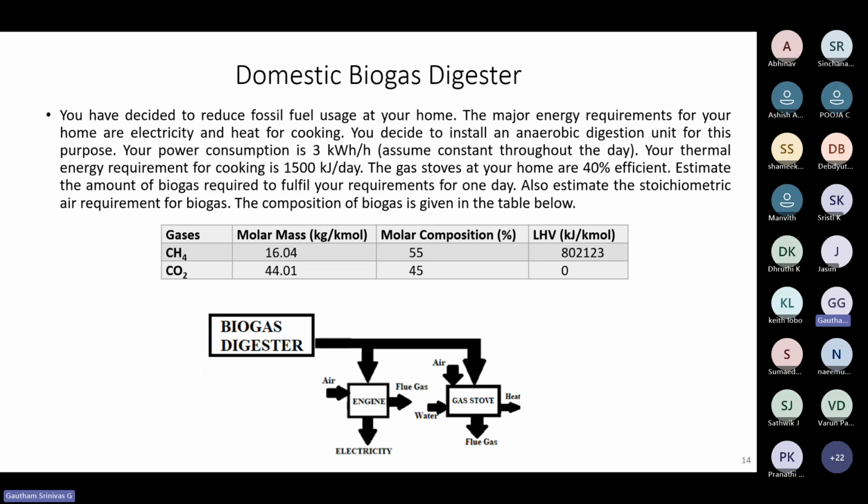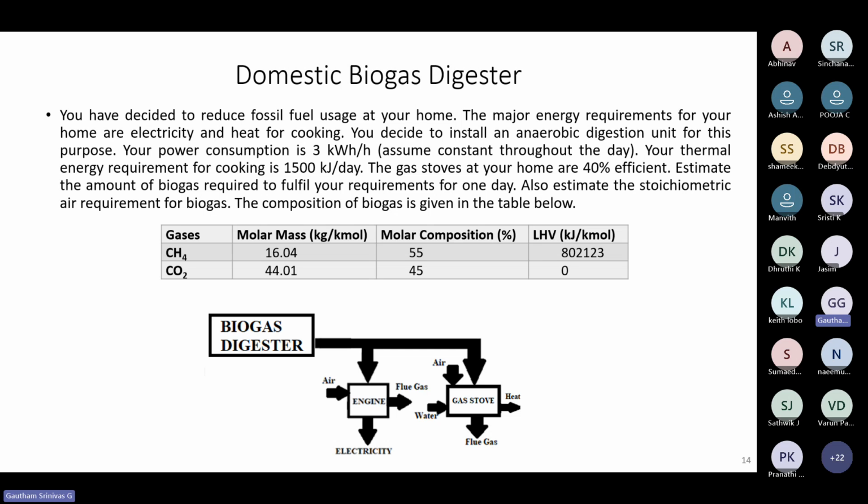Now you know how much is the heat requirement. Considering both, you convert both into kilojoules so that it's easy. Now considering both, you just add up both. You know what is the heat requirement from biogas. Okay. So now that you have that,